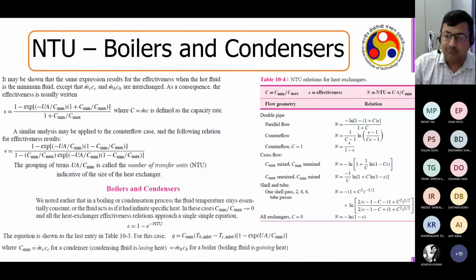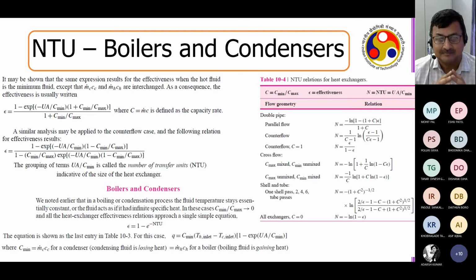You will be told that you are getting steam at this particular temperature and pressure, and you have to cool it down to this temperature and pressure, and you have this much of a budget. So the budget restricts the material that you have available. Now, once you have the material available, you decide what is possible in that budget. The budget will tell you that you can design a plate type heat exchanger with